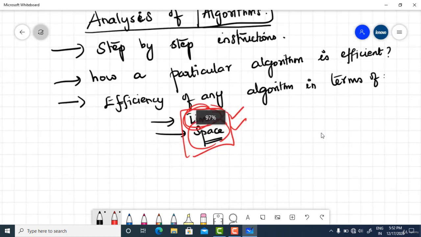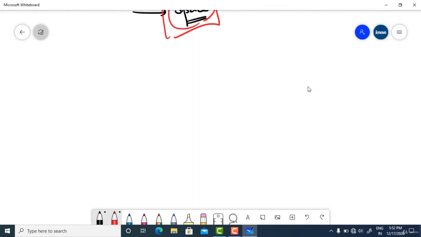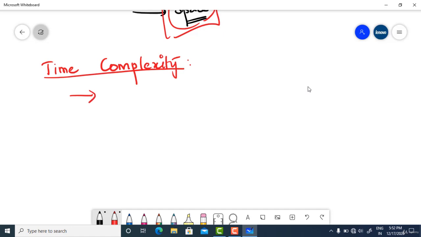And when you talk about time, we talk about something called time complexity. It is very simple. It is nothing but the running time of the algorithm.